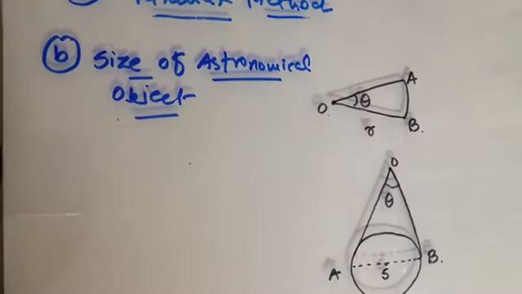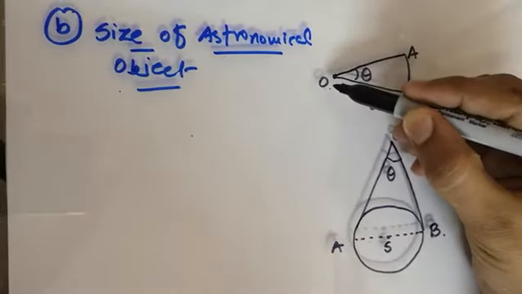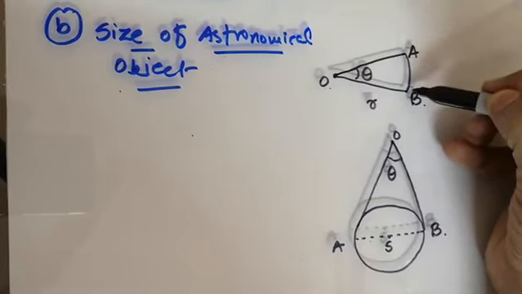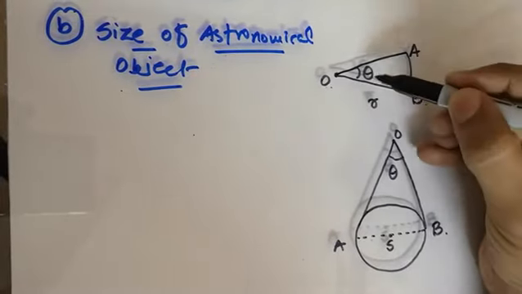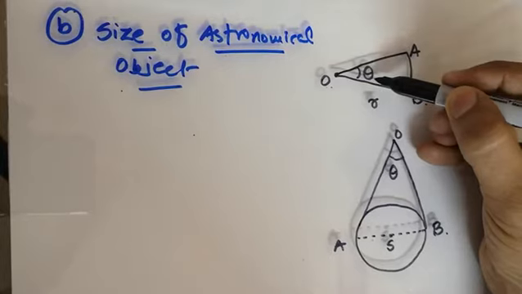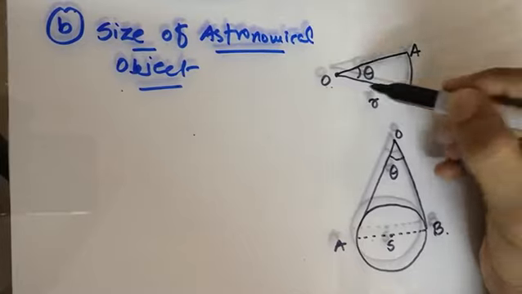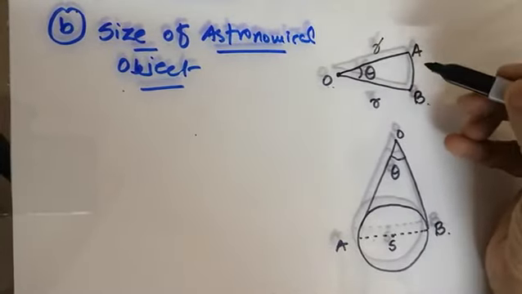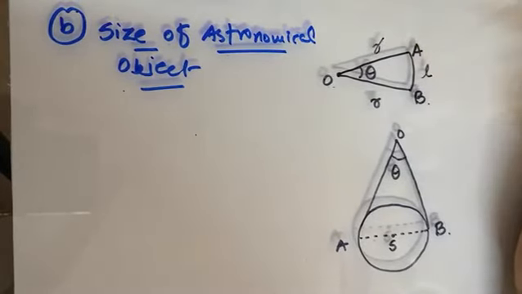If you observe these two figures, you can see that you have one object which is far away from the Earth, and these are two points on the surface of the Earth or any planet. Let's say this is the angle extended to the point OA, which is also connected with the point OB, and this is the distance. I'm assuming that distance is called R, and the points A and B are associated with it.